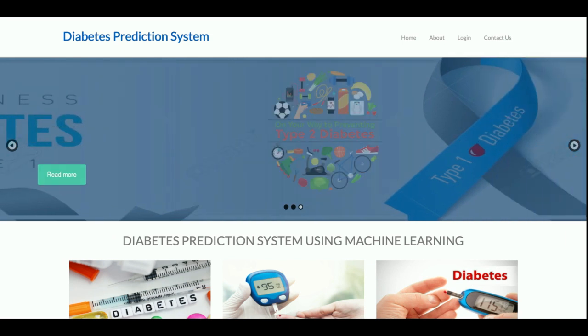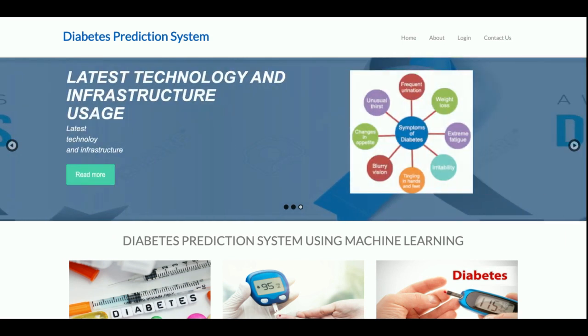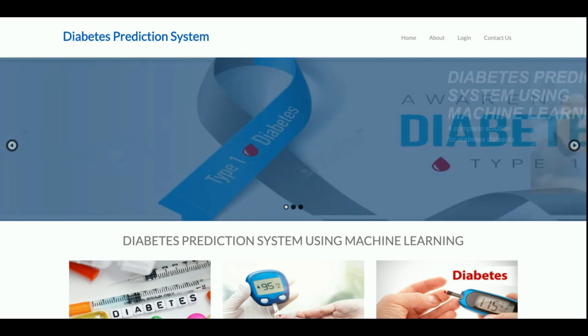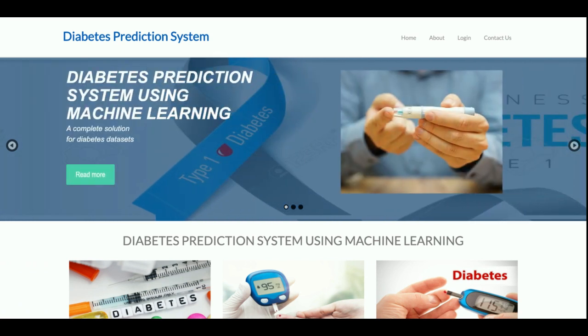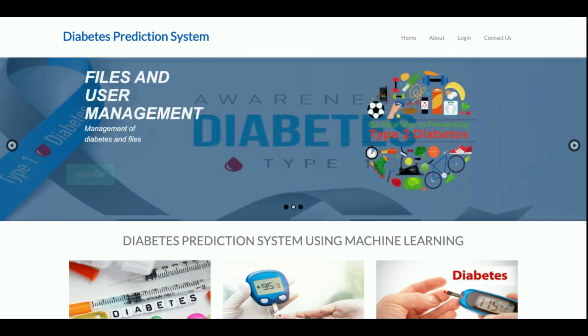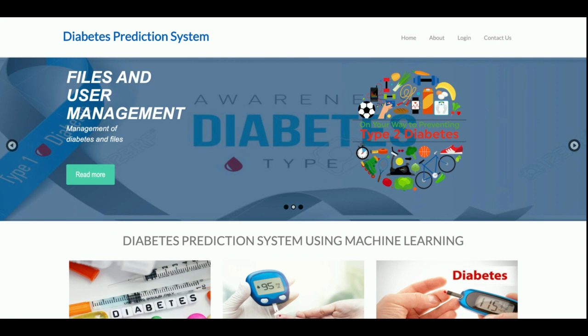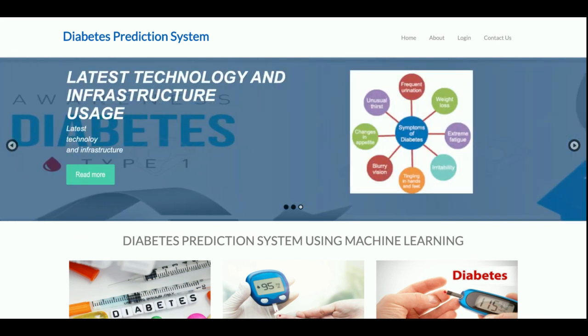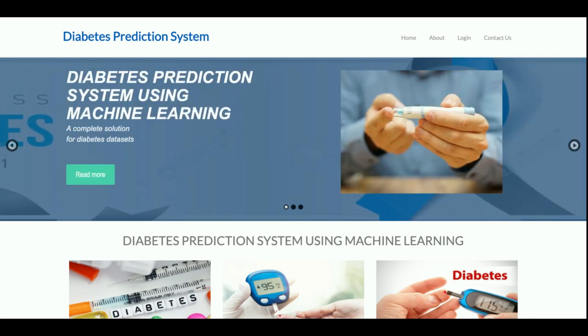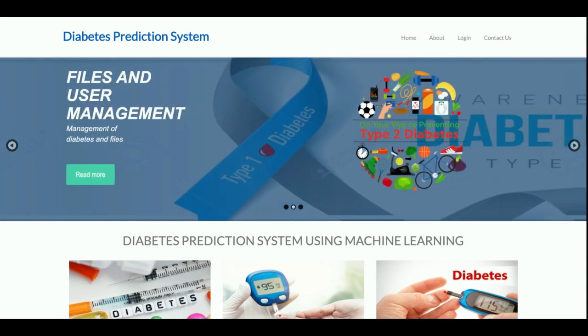So the main concept for developing this project is to predict whether a person has diabetes or not, right? In machine learning, how do things work? There is a set of data. There is a site, Kaggle, and there are a lot of sites from where you will be able to download the data set, and you will train on the data.